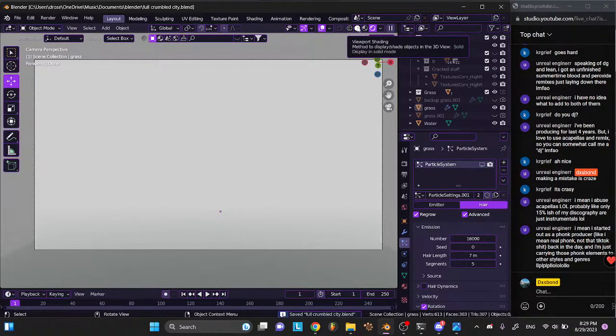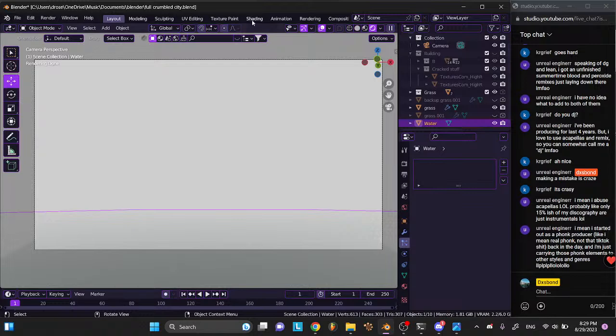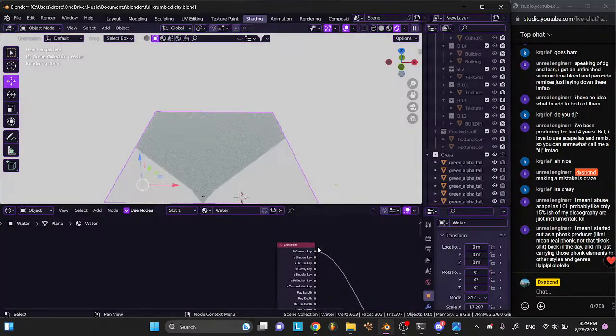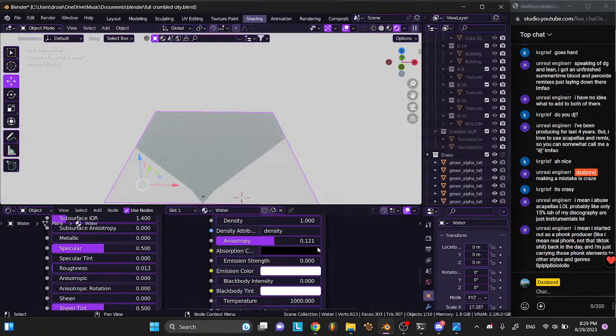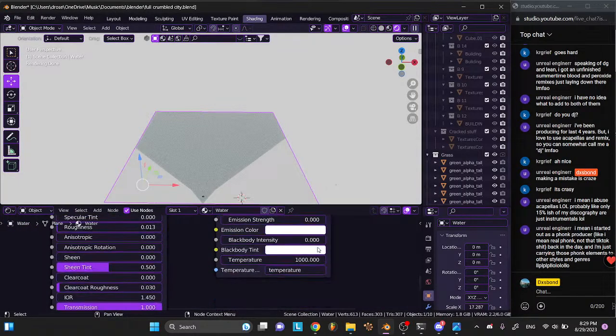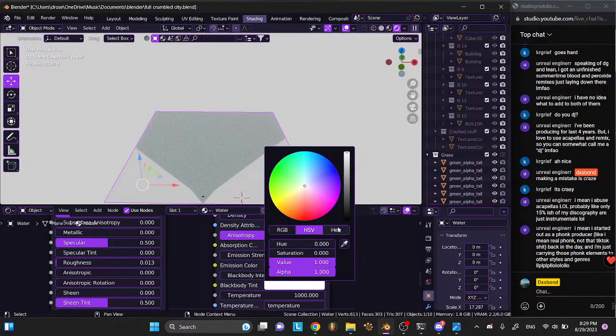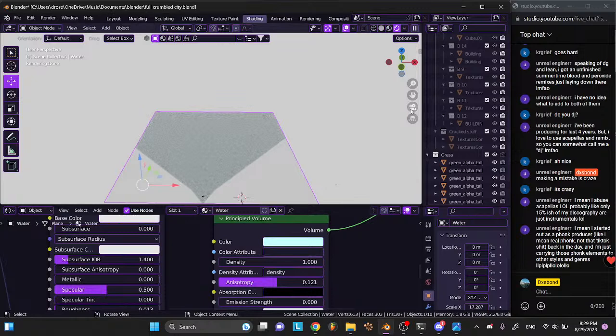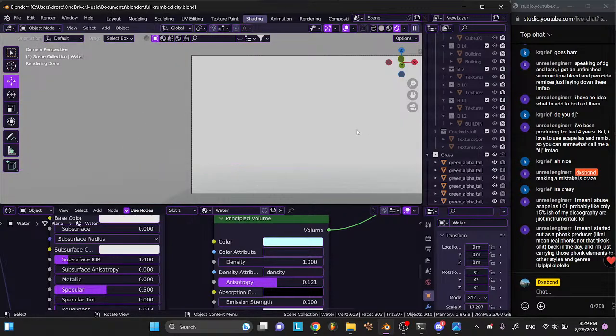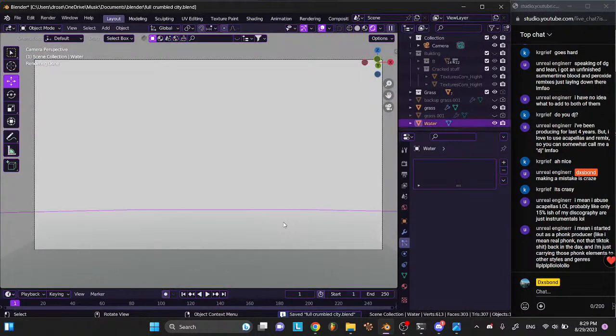But yeah, this water needs to be a little. No, it doesn't. No, it does not. Is there a subsurface color for water? That might actually be important here. Well, the absorption color is black. Black body tint. Make that black too. I'm not sure if that will change it, but color attribute. It'll most likely change while I make certain edits. So yeah, I don't need to care about that. As for everything else,